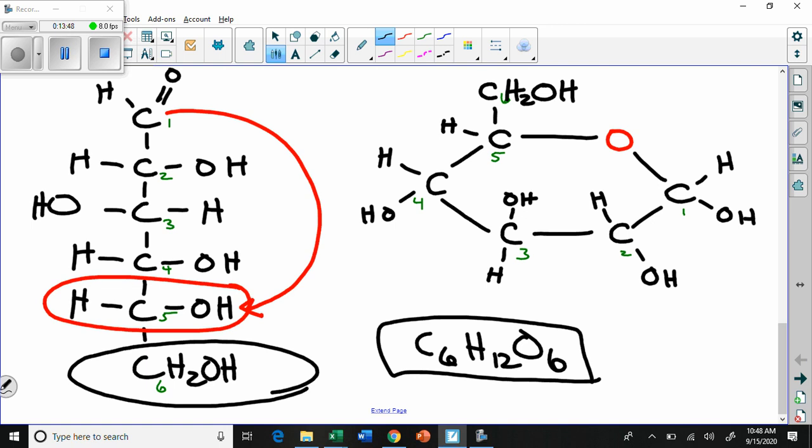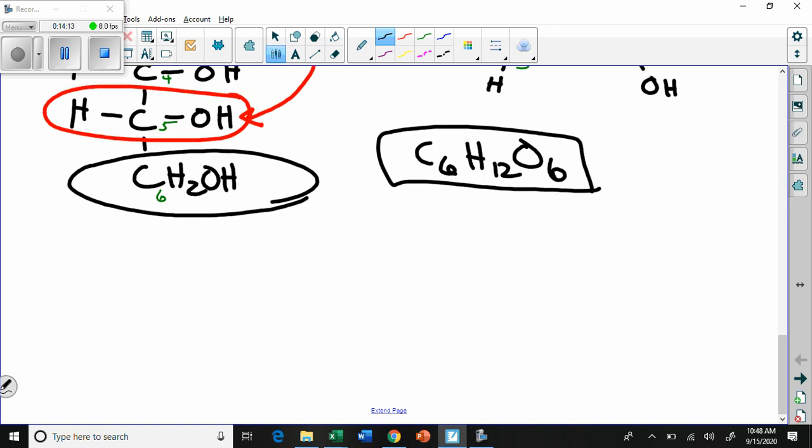The ring structure is harder to depict. It's hard to see now what's on what side. With the Fischer projection, there's a definite right and left side, so we can see where the OHs go. But with this projection, or this picture I've drawn, it's hard to see the sides. In fact, when you turn it into a ring, instead of left and right, it becomes more a matter of what's going upwards and what's going downwards. So for ring projections, we use a different projection called the Haworth projection,